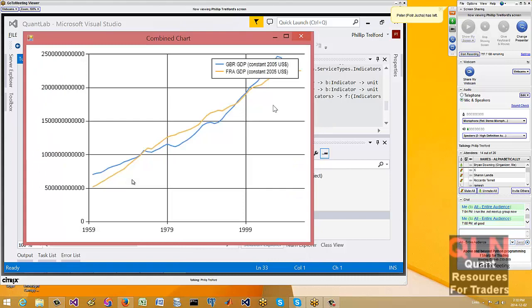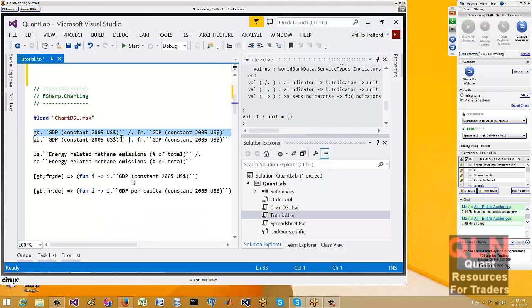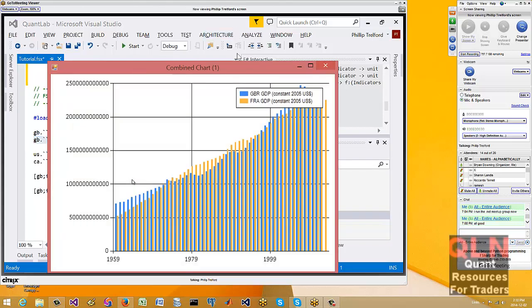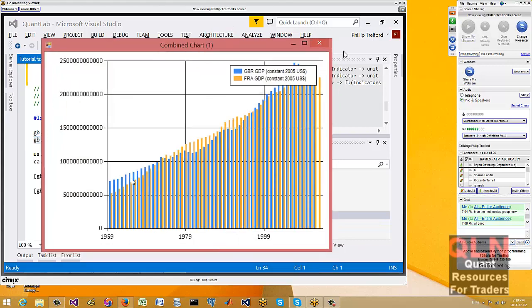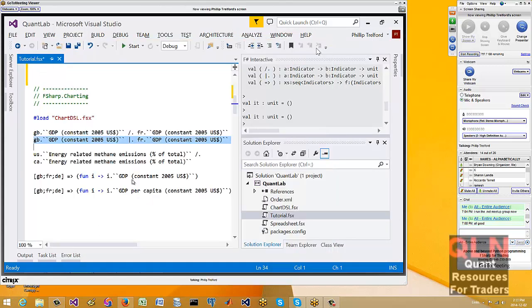And we'll just wait for it to pick up the data, and then we've plotted a chart of those two countries immediately. So that's pretty cool, one line of code, and we have that comparison. If I wanted to go for a bar chart, we could just do this. I'm just using a little DSL I wrote in a few lines of code to make that nice and easy.